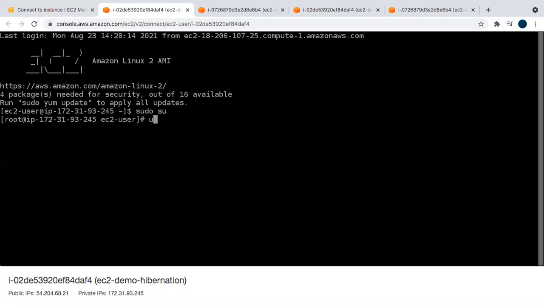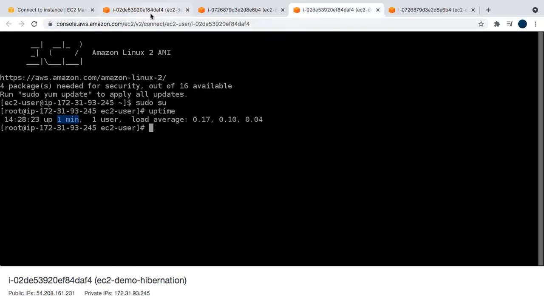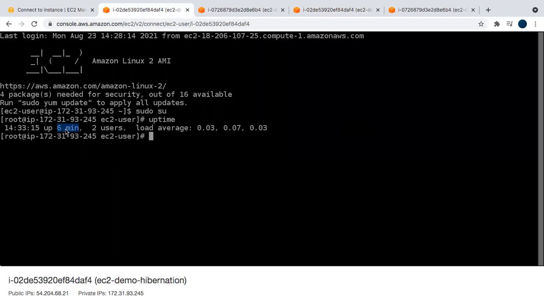I type uptime: 6 minutes. Just now we had started our EC2 instance and it shows 6 minutes, means it previously was 1 minute and now it shows 6 minutes.